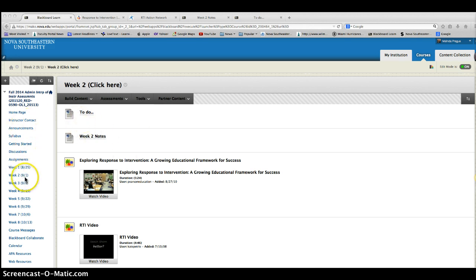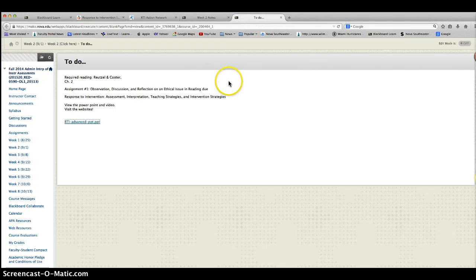I've clicked on week 2 on the left-hand column, and the first thing we have is a to-do list. So let's take a look at that. Of course, you have your required reading in our text, chapter 2. And you also have your first assignment due, which is a reflection on an ethical issue in reading. And we'll take a look at that again